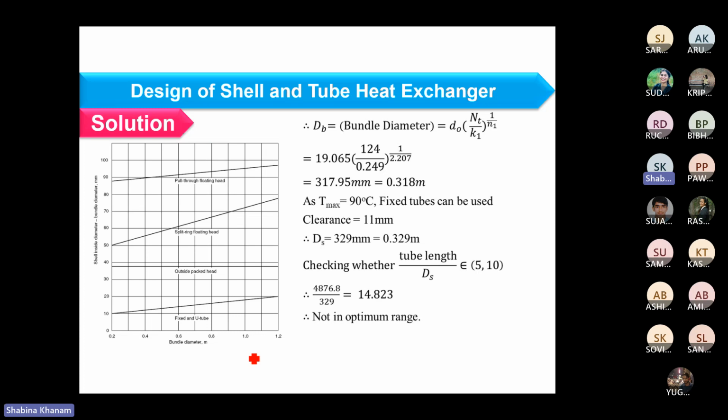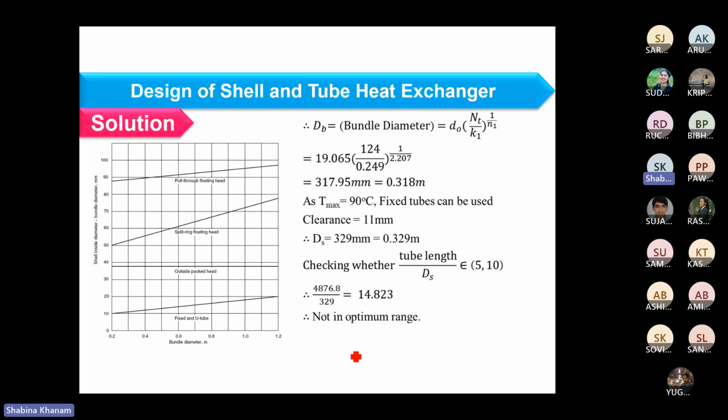If the fluid is not clean and the temperature is more than 90 degrees, you can choose internal floating head or external floating head, but it is preferred to choose external floating head. Because in that case clearance would be lesser, and so shell diameter would be lesser and less